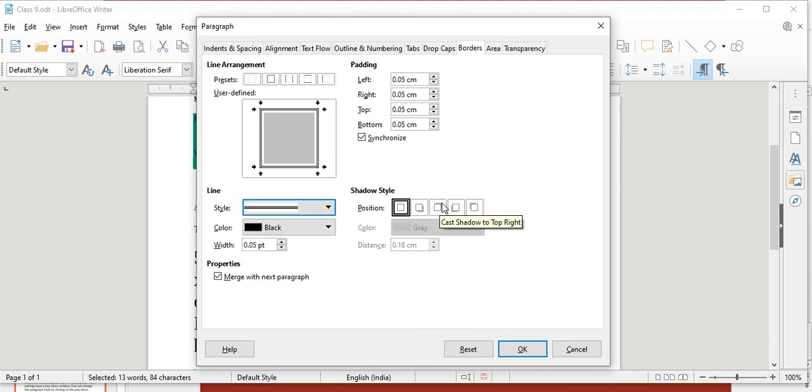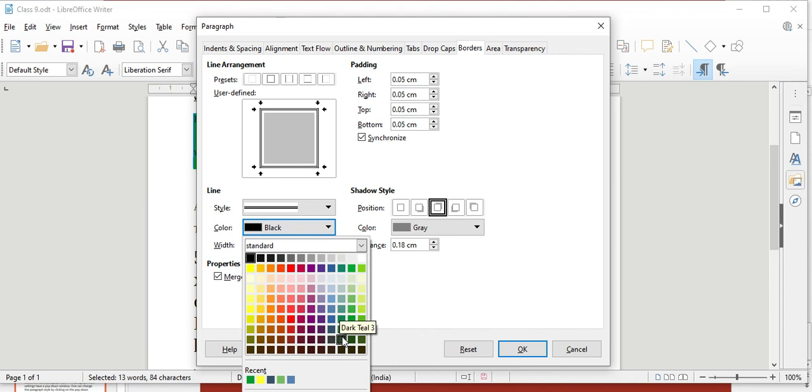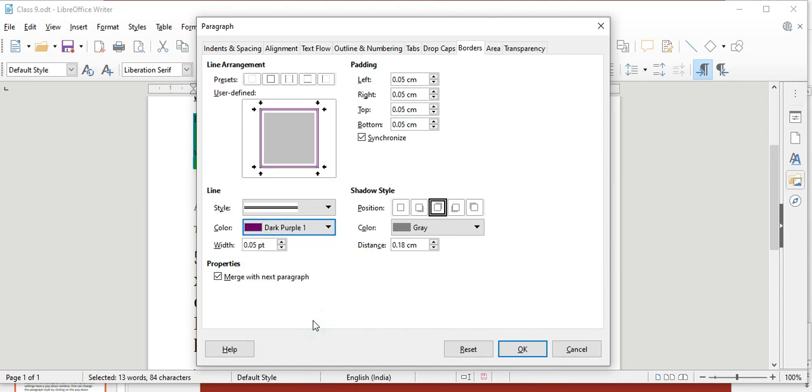If you want a shadow style format, you can choose. If you want to change the color of the border, you can change. I'm just selecting random here. It's up to you, whichever you want you can select. I'm pressing OK after selecting all the settings.